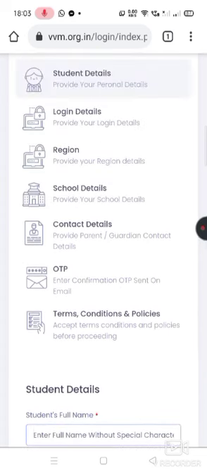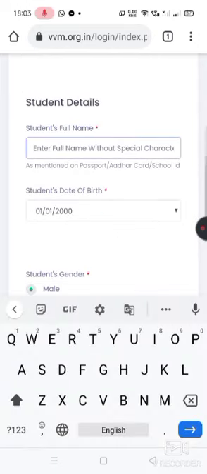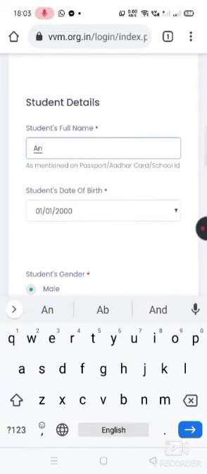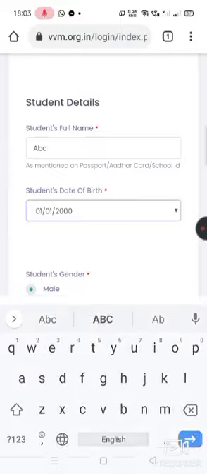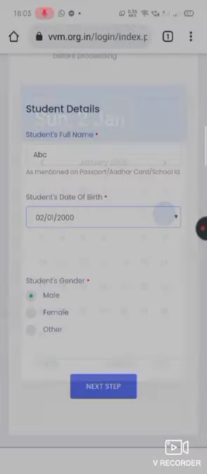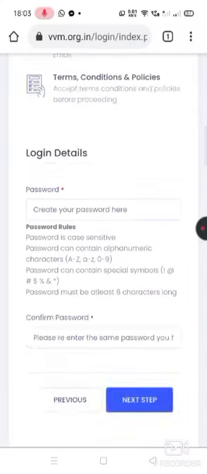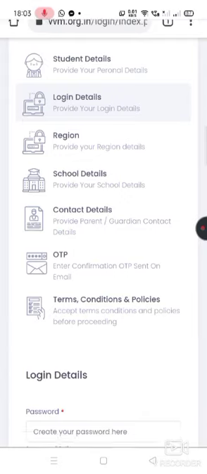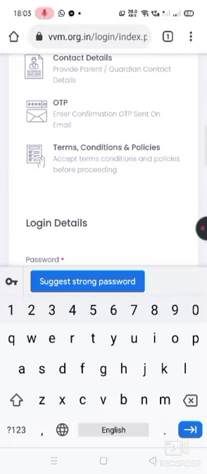As you fill this, suppose I am filling in ABC, then date of birth, suppose 2, whatever is yours you will fill in, male or female. Next step, then it will go to login details. Here you have to create a password.